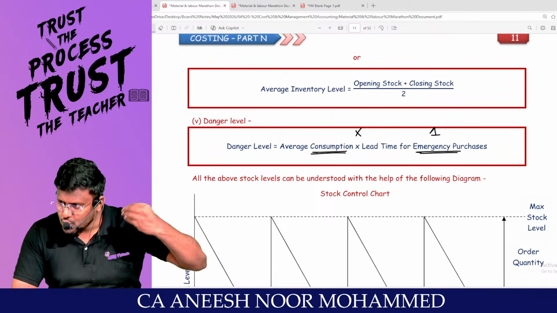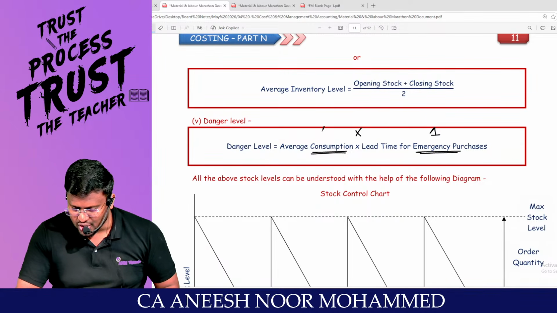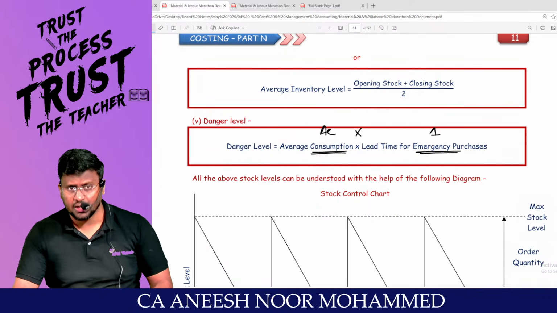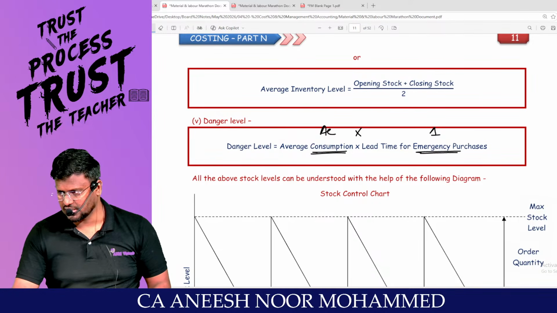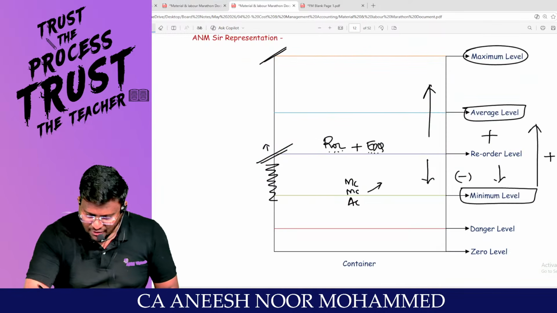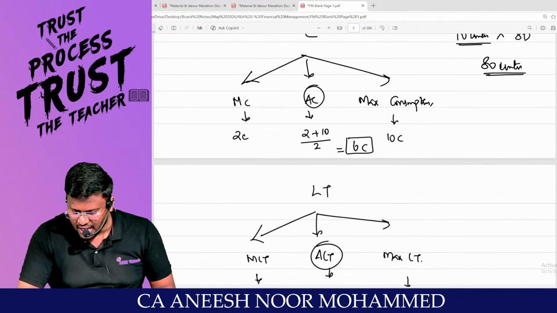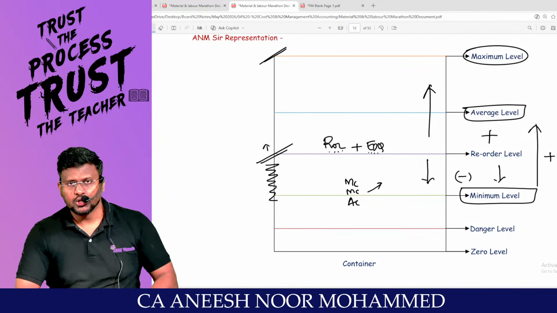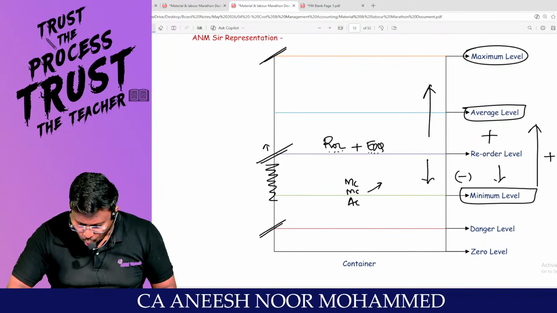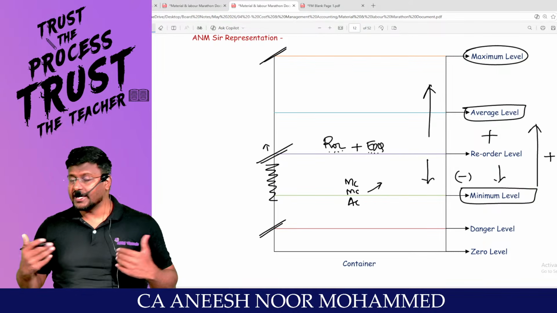So to consume that, the Gen Z approach is average consumption. So average consumption into lead time for emergency purchases. Sir, one day my average consumption in my factory is, I already decided what my consumption is. Average consumption is 6 units. So if I'm having only 6 units in my stores, I can say that I am at the